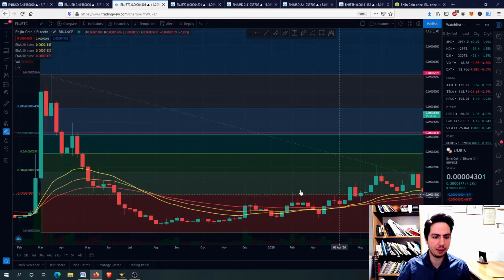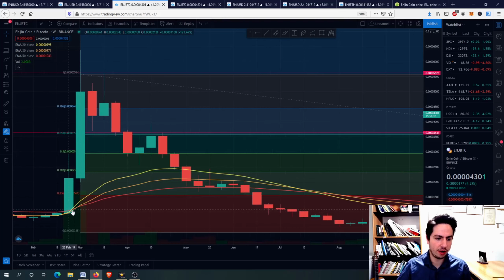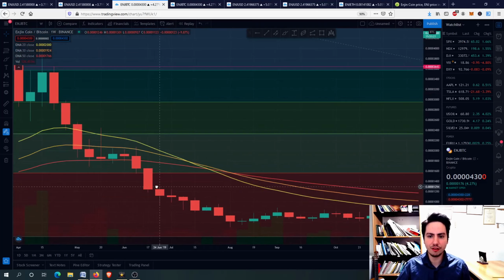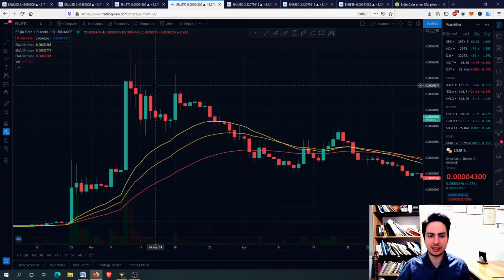Same here, it happened. Okay, same situation here in February 2019. The 50-day EMA went beyond the 20-day EMA and the 30-day EMA. That's why we had this huge pump up. We are in the weekly frame, of course, guys, and now let's go to ENJIN coin against BTC in the